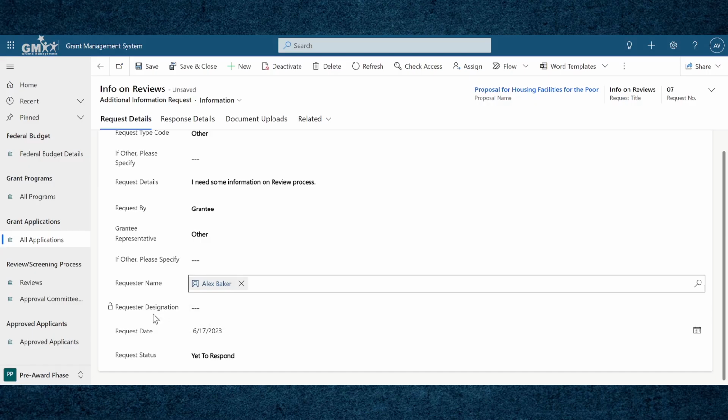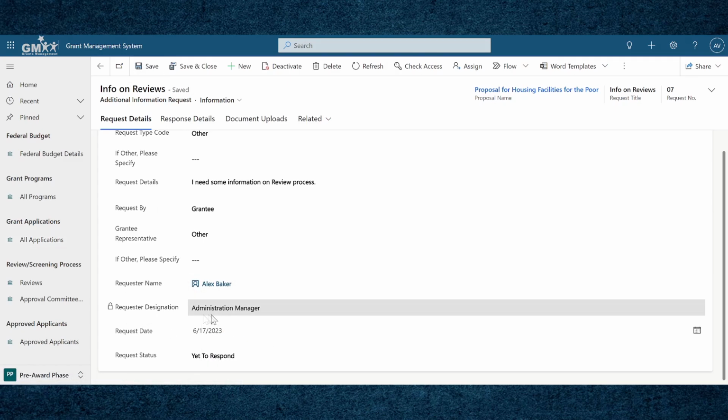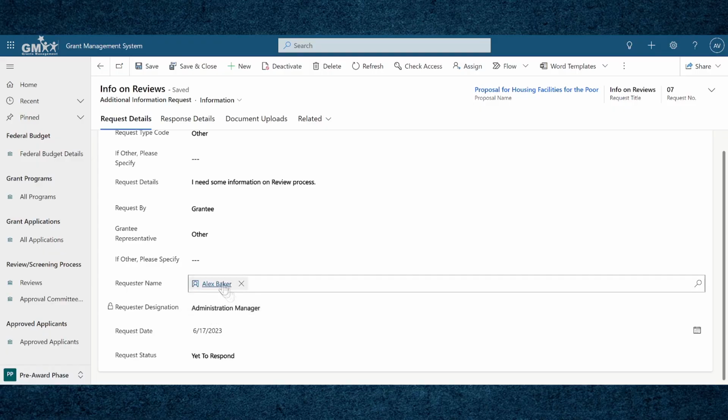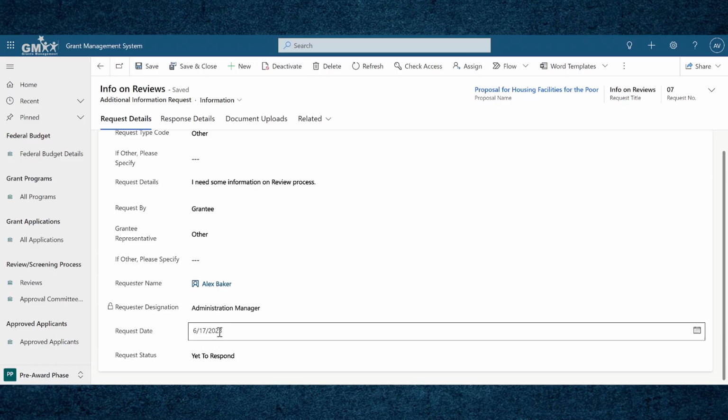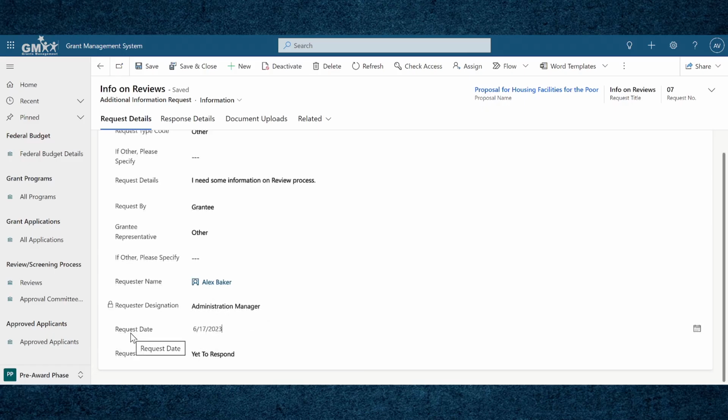Now this field is tied to the response details field, and the moment this field contains data, automatically this response date field would be updated with the date on which this response details field was updated. Now this response by field is a choice field which is similar to the requested by field that we just saw in the request tab, so I'm not going to explain further. Then again, here also the responder name is a lookup field to the contact records. So now when the response details field is filled in, this response date field is updated.